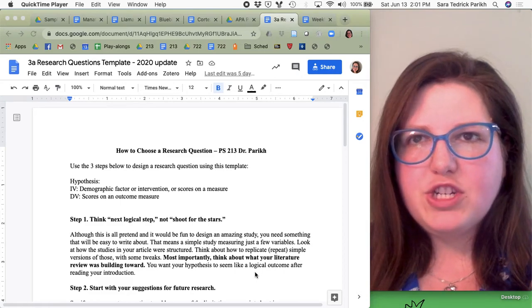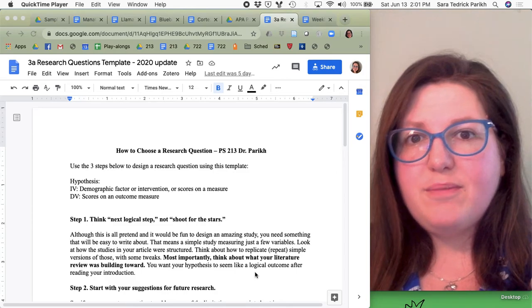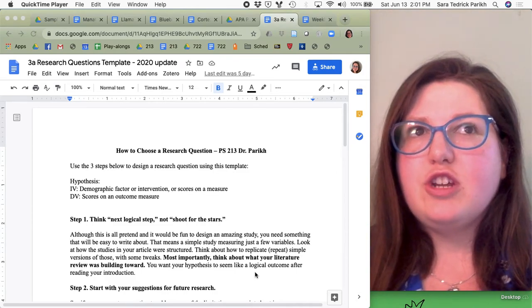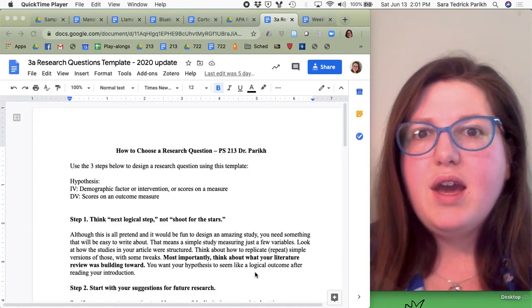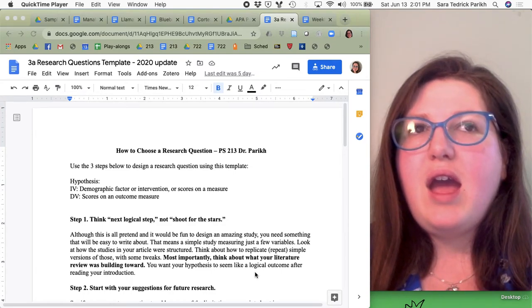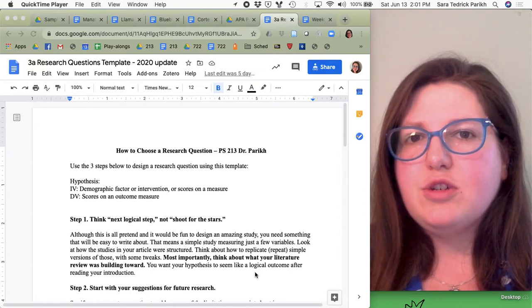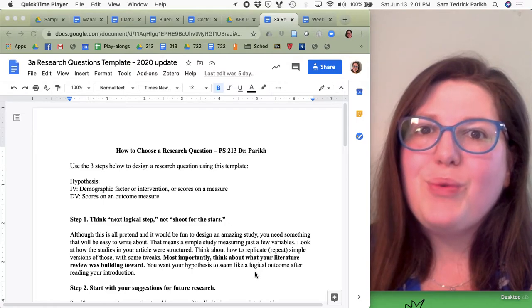The research question, you may see a few contradictions in different places because I've changed a few things about the research proposal. I took out the methods and results section, and I am changing how you think about the research question. So previously, the focus of the research question was on something that would work well for the methods